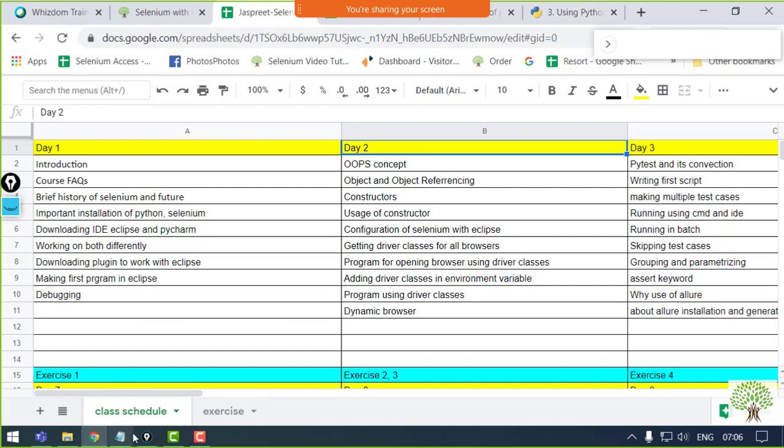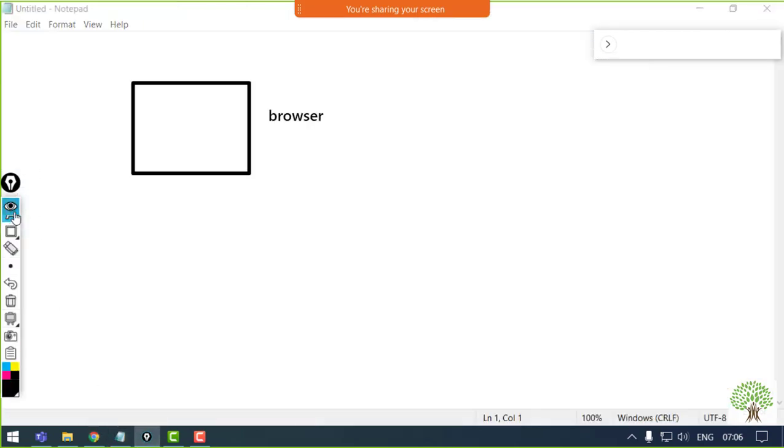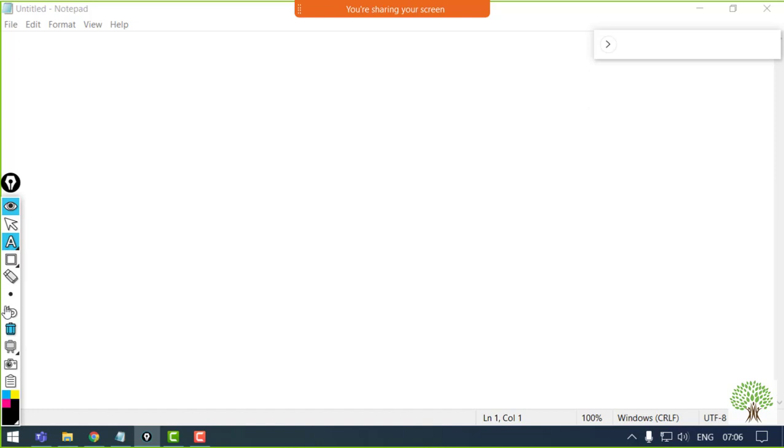Fine. Now learning Selenium with Python will require 3 components. The first component is the programming language. The programming language is Python. Now Python is a very easy and composed language as compared to Java, because in Java there are so many restrictions that you need to follow. Bind the stuff into the classes and call them in a particular manner. But Python is a little more legible and provides you a lot of flexibility.